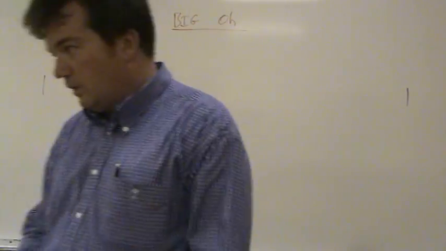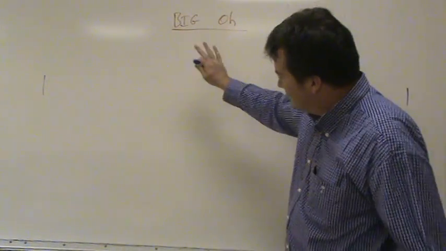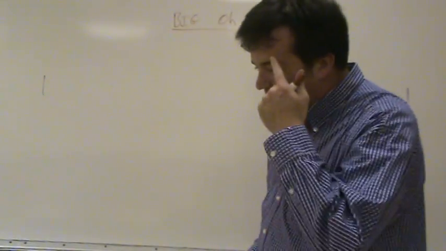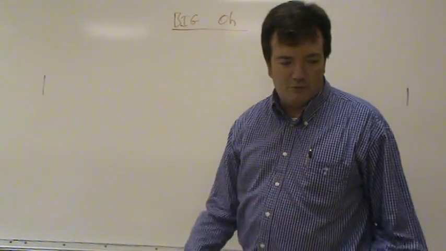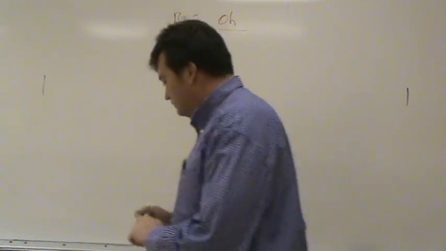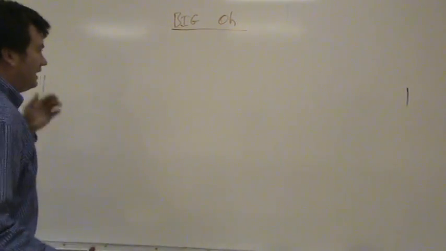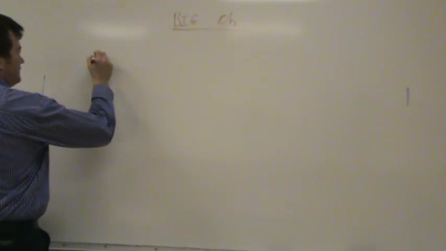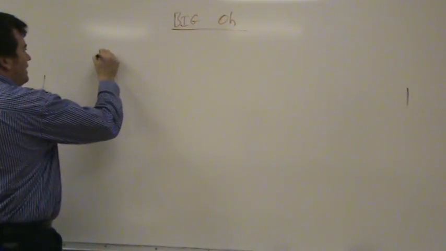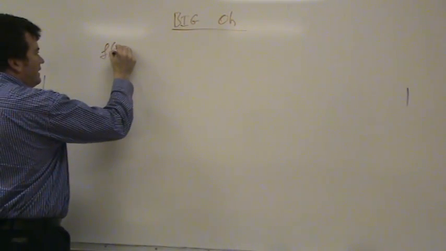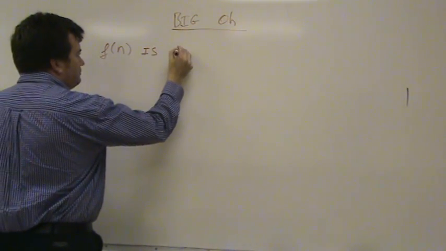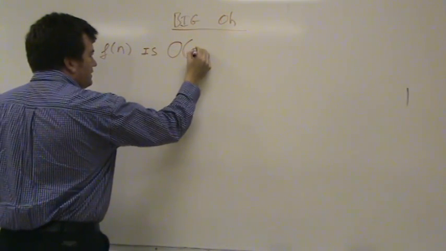Okay, so what we'll talk about now is this concept that goes under a few different names, but big O notation is a pretty popular one if you want to look it up on Google and look for other examples. So we're going to start off with a definition. We're going to say that a function, this is just purely mathematical, this is not computer science yet, f of n is, I'm going to call this big O, g of n,